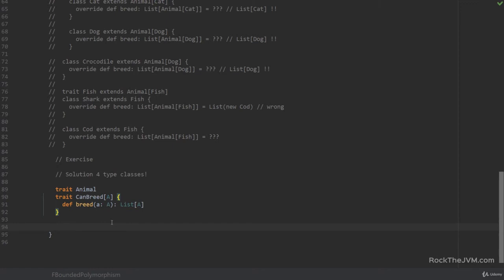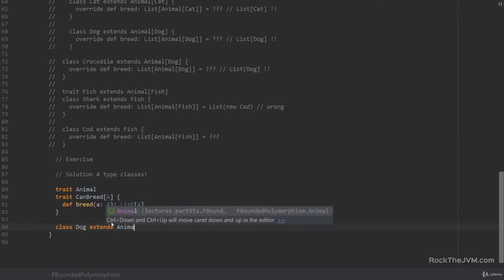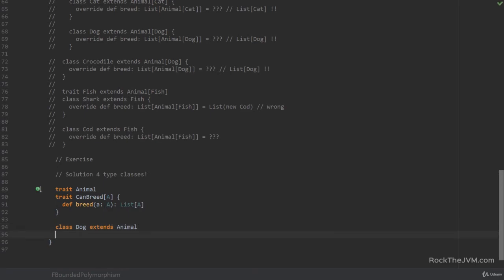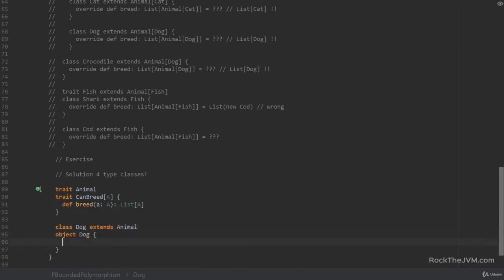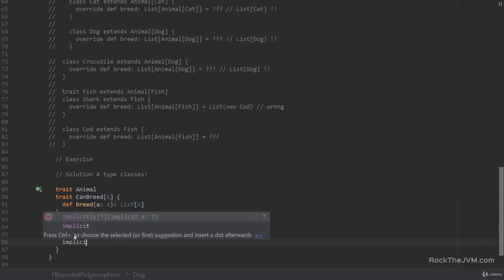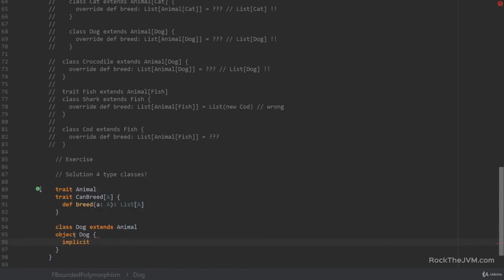Now, if we declare, for example, the class Dog, which extends Animal, then in its companion object, I can create some implicit conversion to a CanBreed instance. So we can say object Dog, and we can say implicit object DogsCanBreed, which extends this CanBreed[Dog].